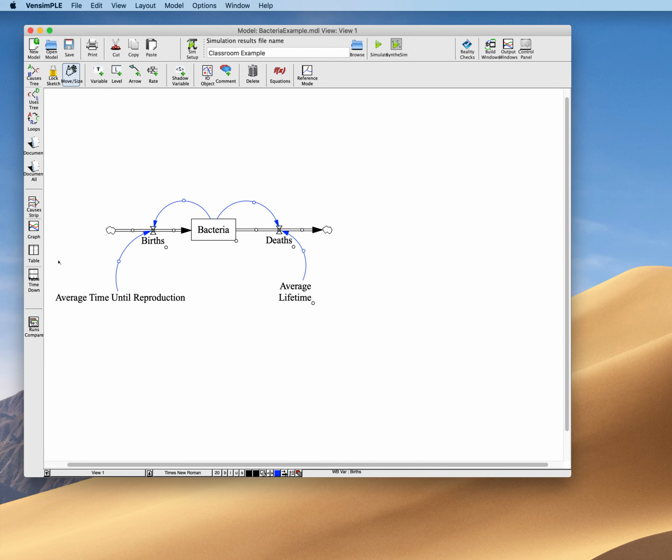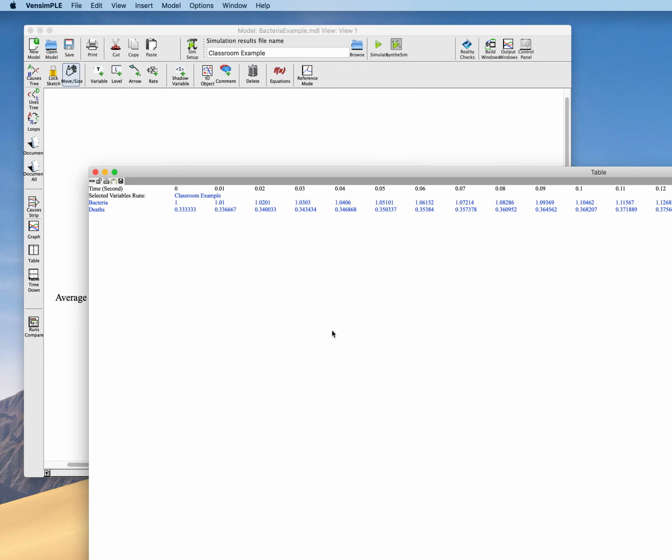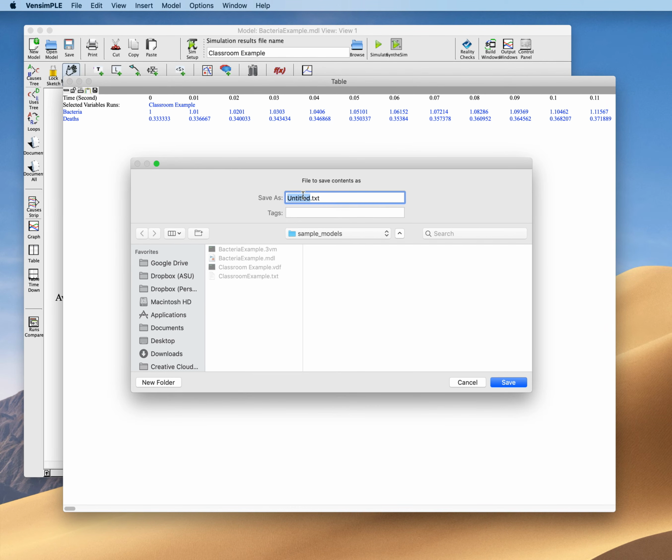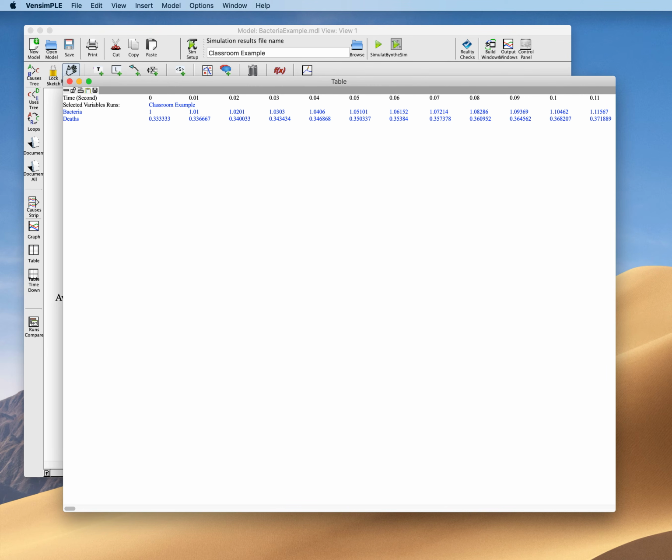Now, the only difference between table time down and table is that if I were to click on, say, bacteria and deaths, and do table, it actually does the same thing that table time down does, but it puts all the data in rows instead of columns. And so I can similarly save this out, and if I were to save it as like bacteria example rows,